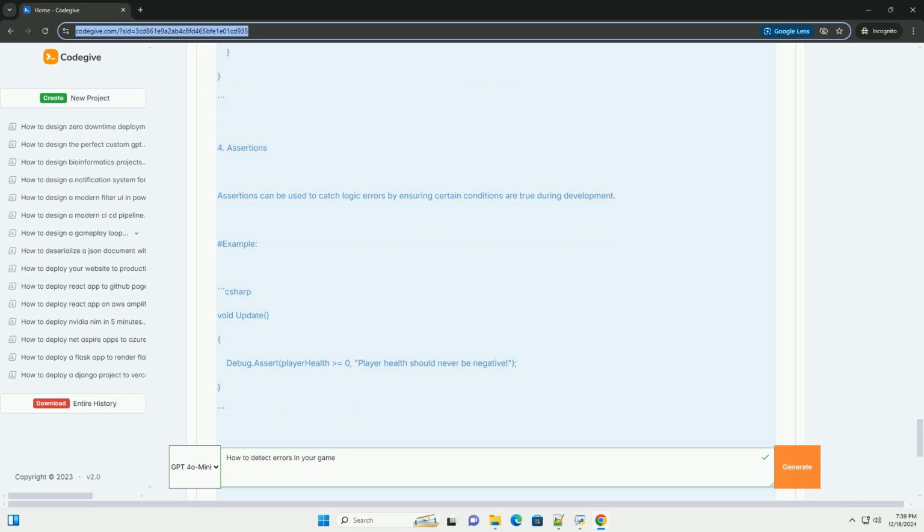3. Exception handling. Using try-catch blocks can help you gracefully handle runtime errors. Example, C#: void LoadLevel(string levelName) { try { SceneManager.LoadScene(levelName); } catch (Exception ex) { Debug.LogError('Failed to load level: ' + levelName + ex.Message); }